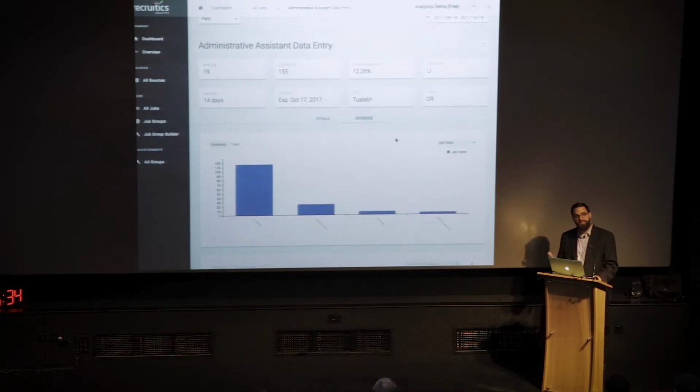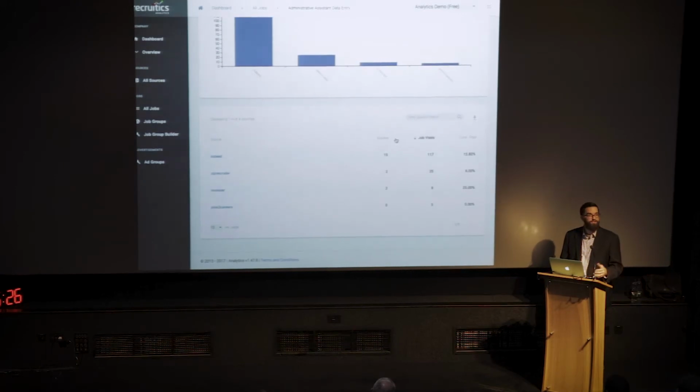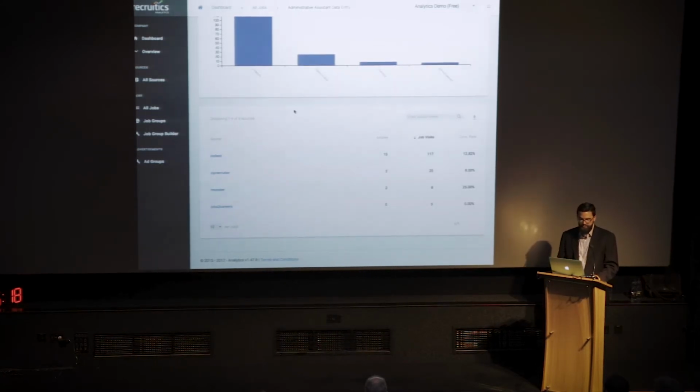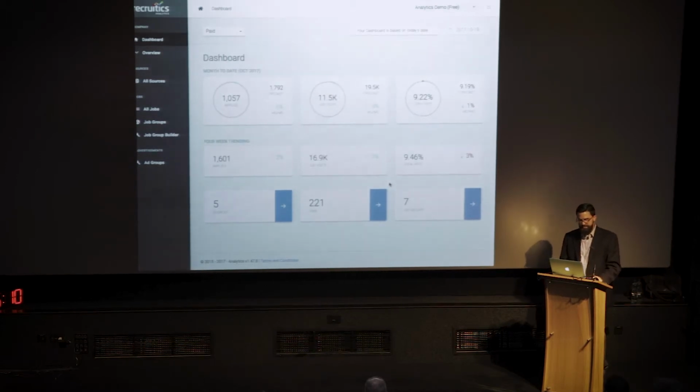And then you can see, again, the sources that are providing traffic to this admin job and start to really draw some conclusions on effectiveness and where you should point your budget. The raw data, again, indicates what's actually happening at the source level for this job. And one of the larger groups that you saw on the larger calls to action on the front dashboard is